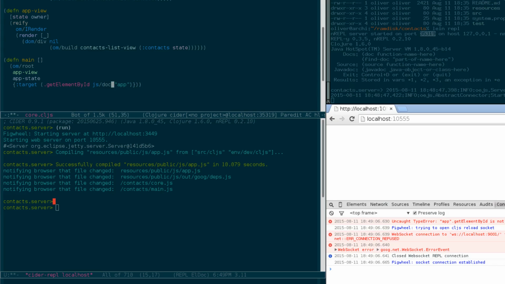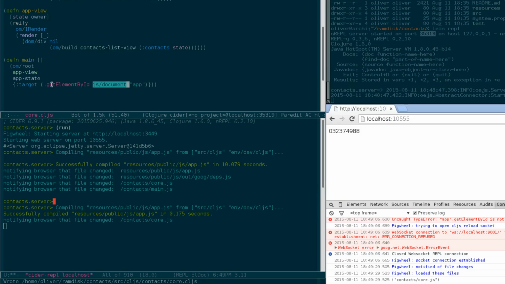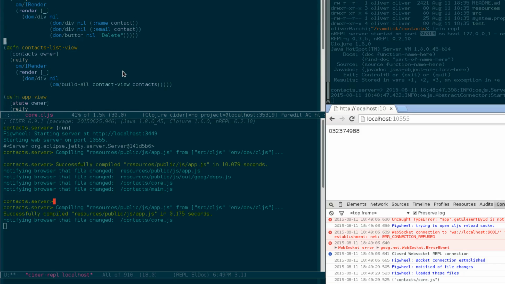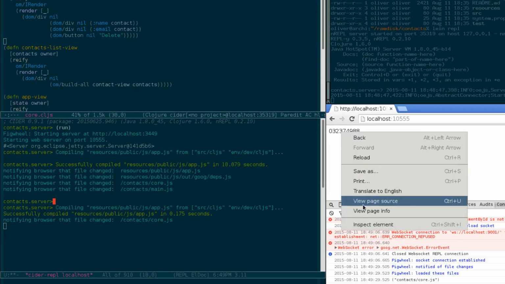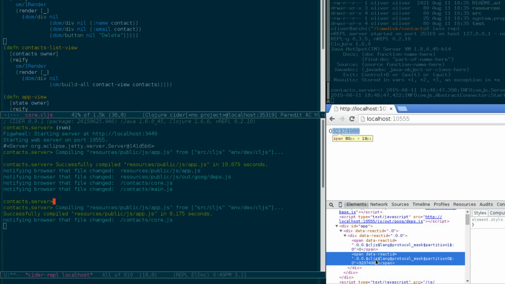This is an open document, because getElementById is of course a method of the JavaScript document object, and yeah, well, so that was missing. Okay, now what we see here is some strange number. Actually, it's several numbers, and that is because,